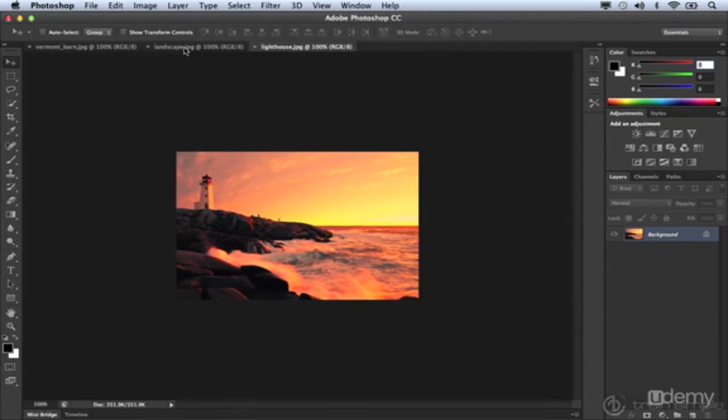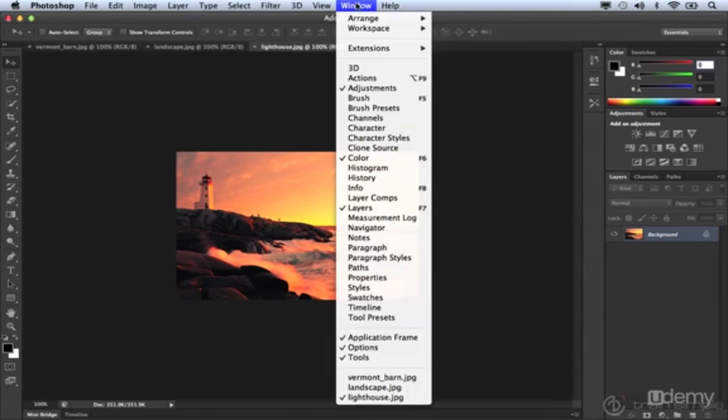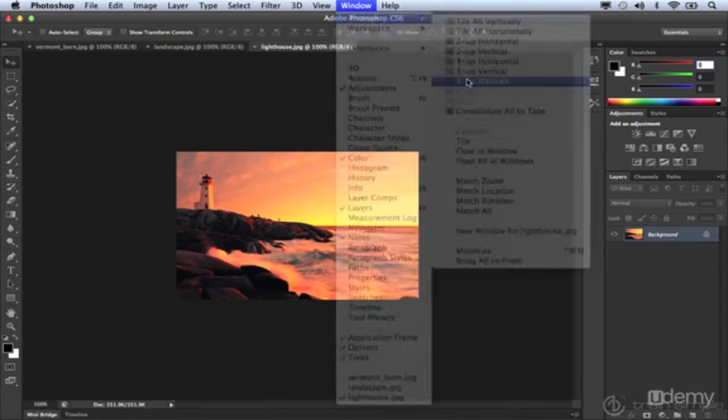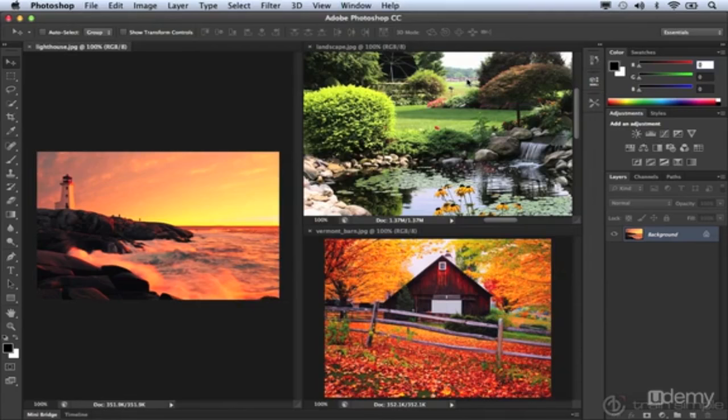Additionally, you have some options in terms of how you can arrange these documents. Under the window menu, you can choose Arrange, and notice all these different little icons and options. These little icons are kind of representing how the document window will be divided up based upon the open images. For example, if you go with 3 up stacked, you can see that the window gets divided based upon that